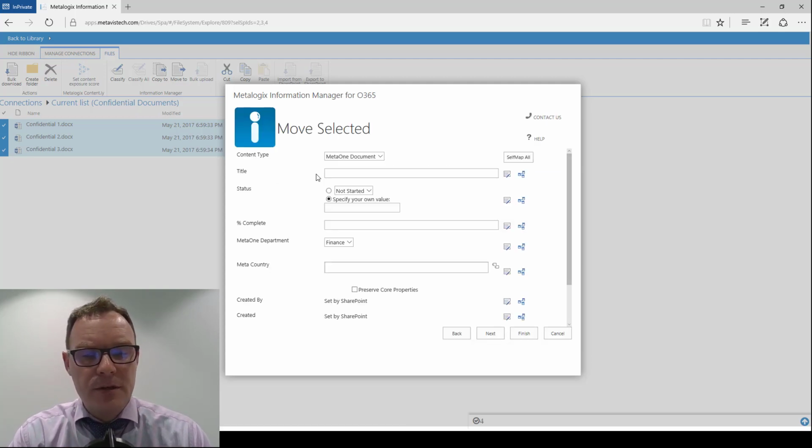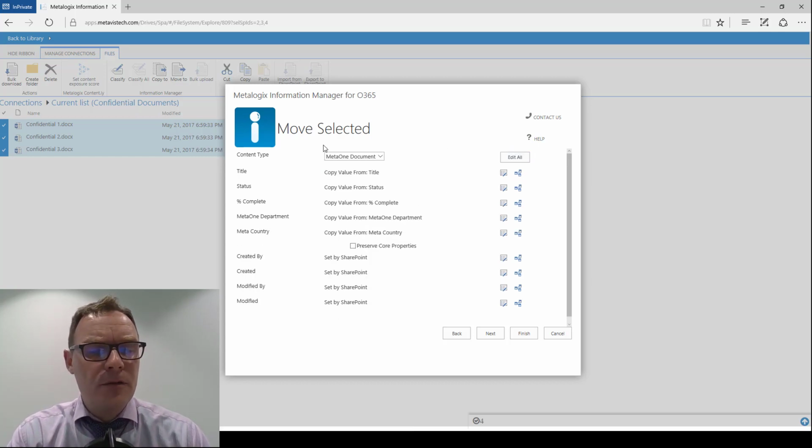Next, it prompts me to change the metadata should I wish. So I could change the value or status of these documents, or the department, for example, or I could just click Self Map, and that will take all the values from the source. If I click Next,